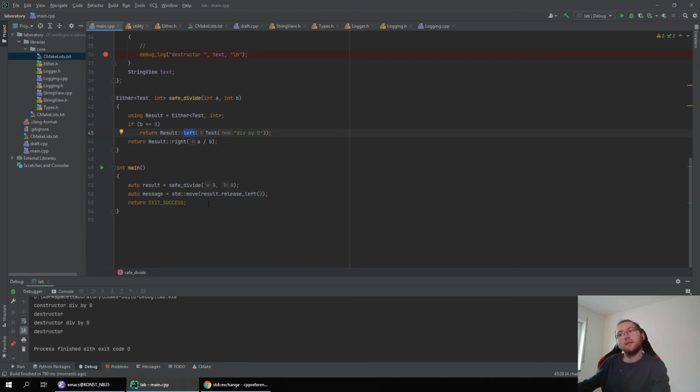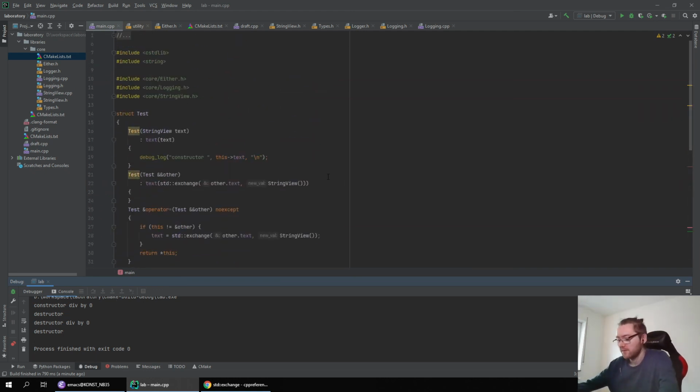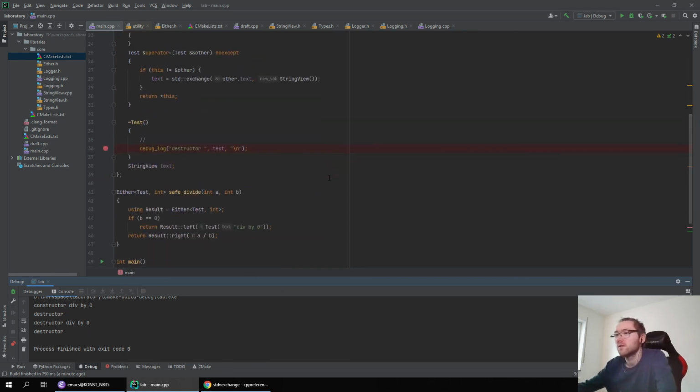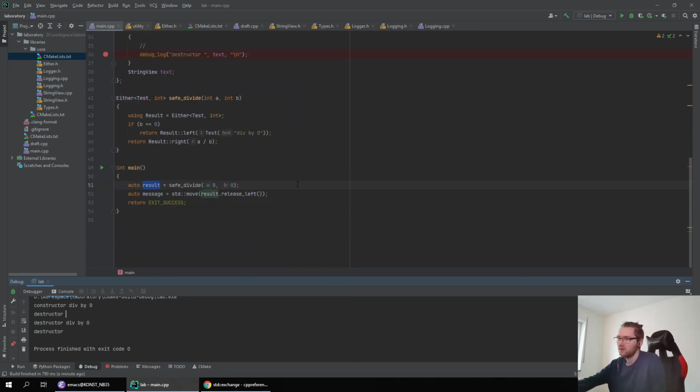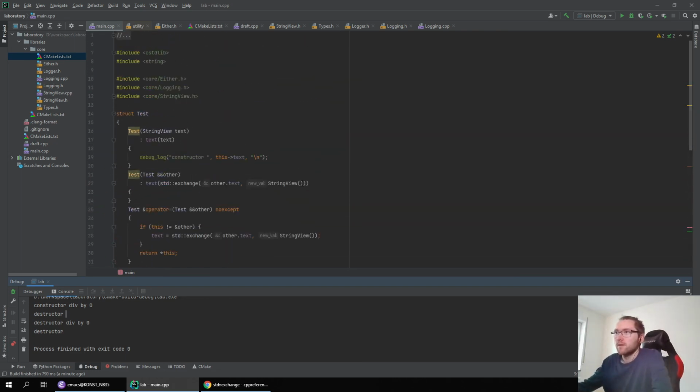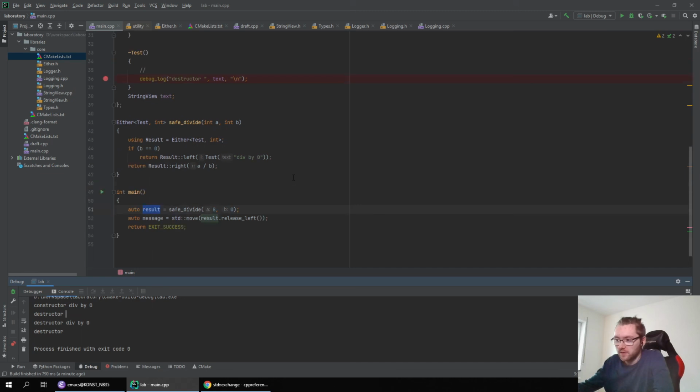Then we move the value out of our either, and it gets destroyed here in our main when the stack frame is destructed, and then our either is destroyed where we already moved the value out, so it just prints the destructor followed by the empty string. So destructor space empty string. I think this is how I want our either to behave. Of course, maybe just fine for now. I think we are golden.